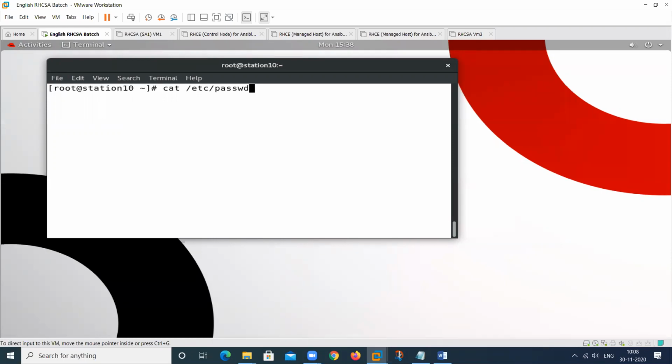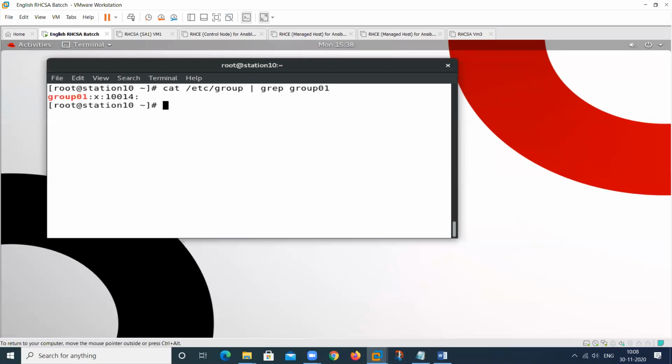And this is for the users. All the user information is contained in this particular file. All the group information is contained in this particular file. Your password information is in the shadow file, and the group password is in the gshadow file. So in this we want to check whether this group is created or not, so give the name of that group.